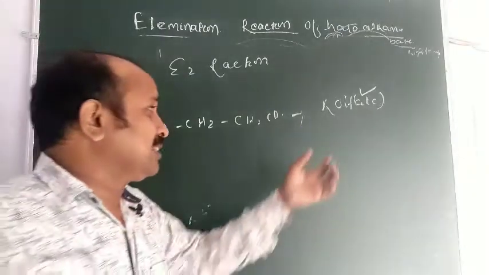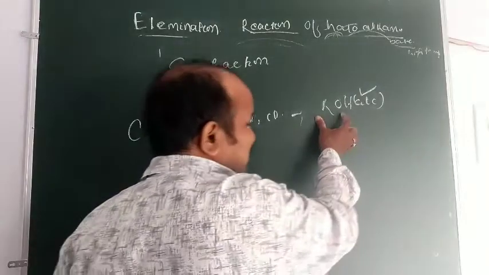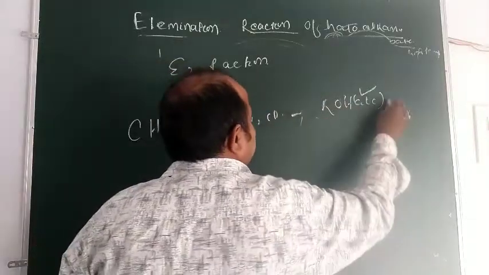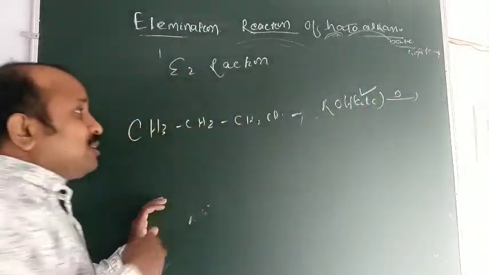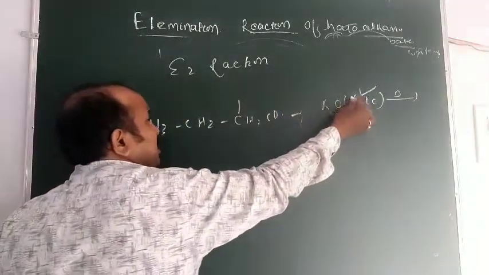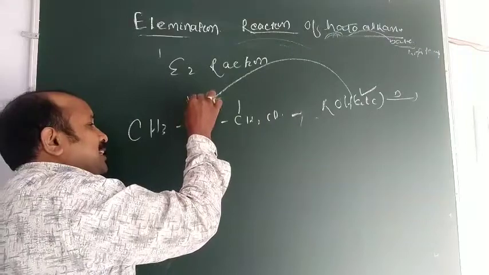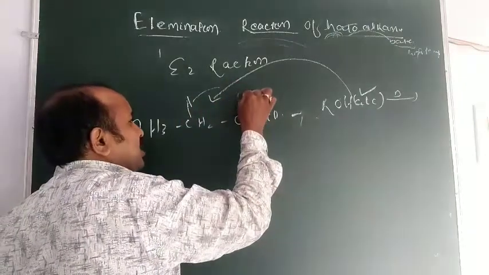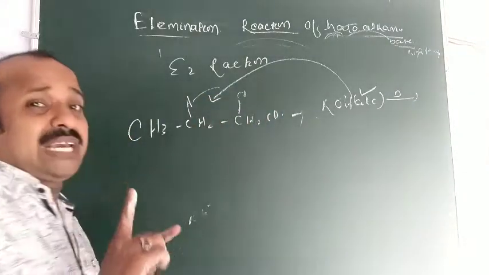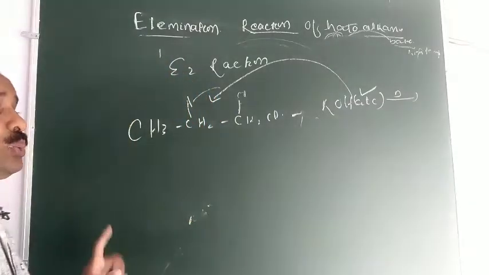A very, very important thing, there is a very thin line. In the nucleophilic substitution reaction that is also KOH. Here is also KOH, but the difference is that it is in the aqueous form, and here it is in the alcoholic form. Then at the same time, when the OH attracts the beta hydrogen, at the same time the halogen from the alpha carbon will be eliminated in a single step, like the SN2 reaction.